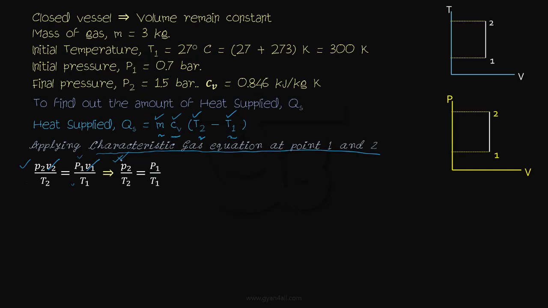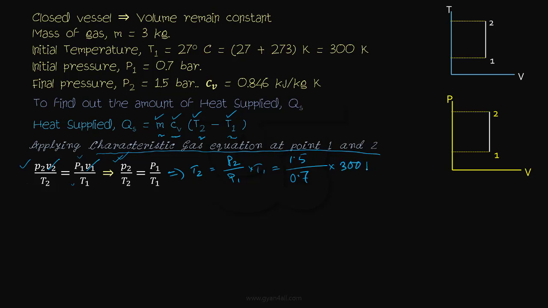And this is actually Charles' law. At constant volume, pressure is directly proportional to temperature. So from this relation, we have to find out temperature T2. T2 is equal to P2 upon P1 multiplied by T1, and P2 is given 1.5 bar and P1 is 0.7 bar multiplied by the temperature, which is equal to 300